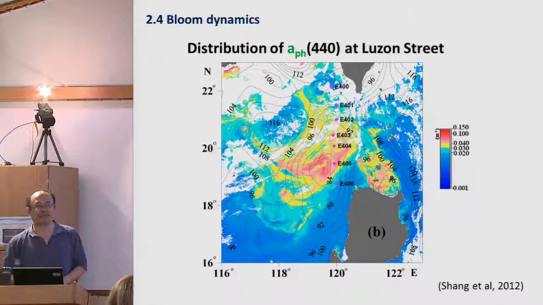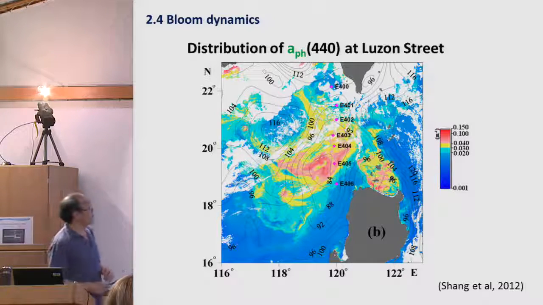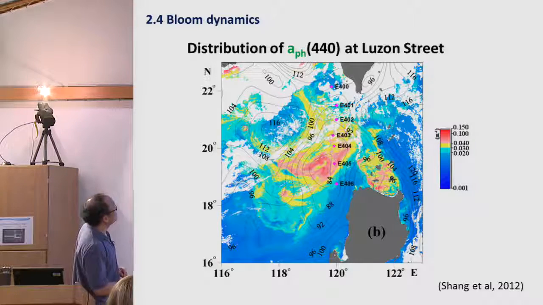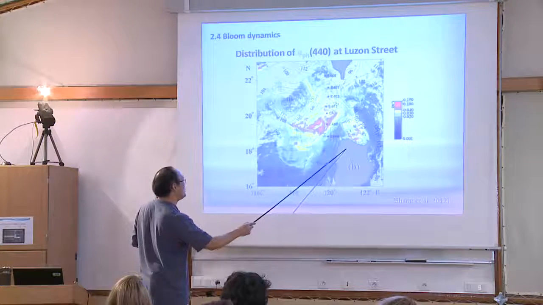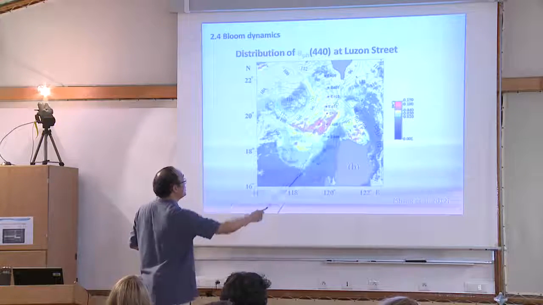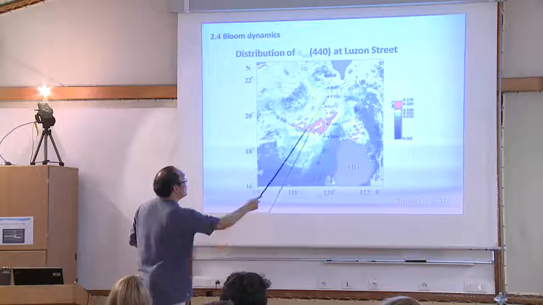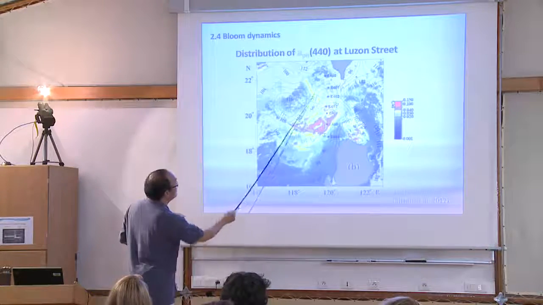Bloom dynamics, also using APH. Okay, here is a study. This is the Philippines. This is Taiwan, I think. This is the so-called Luzon Strait. It's common every year, I think in wintertime, there will be a bloom